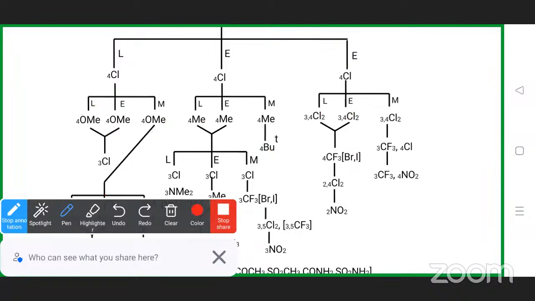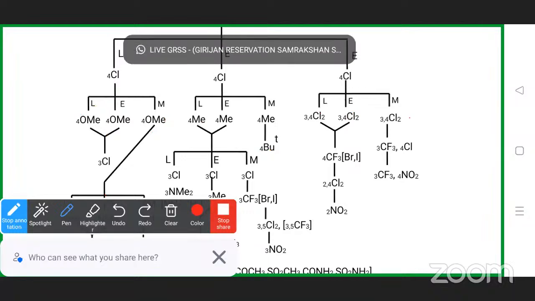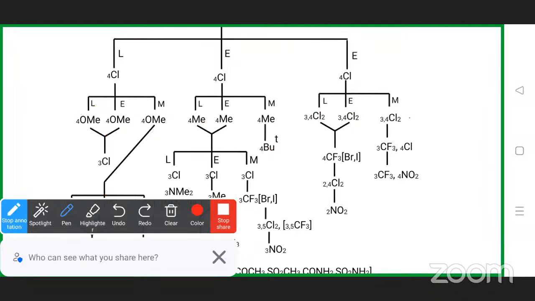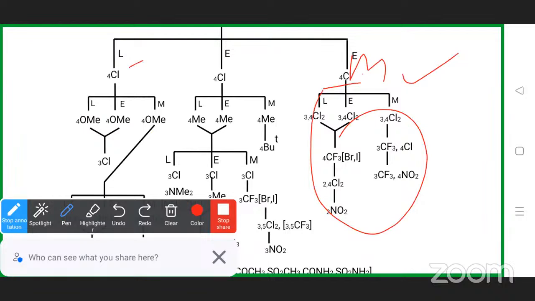Here the Topliss decision tree is guiding us as to which substituent you need to consider to get a better active compound, right? For example, when you substitute the chlorine at the fourth position, if you get more activity, then you go with this flow chart here. For example, if you get less activity, or low activity, or equal activity here,